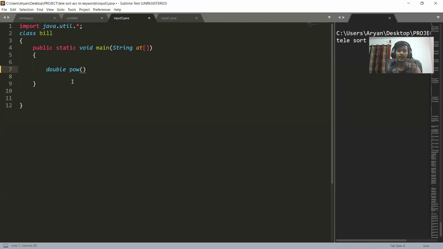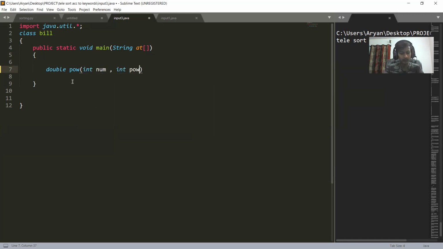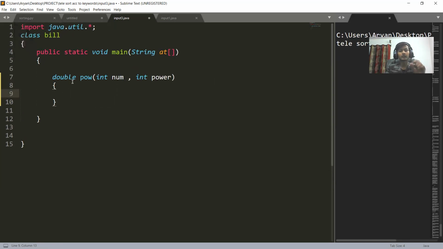The first was the number, and the second was the power to which the number has to be raised. So int num and int power. We have to specify the data types too: the number was an integer, and the power was also an integer.